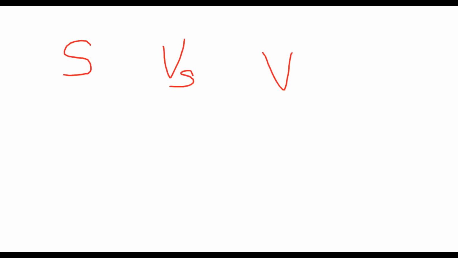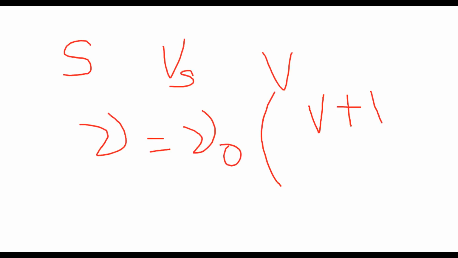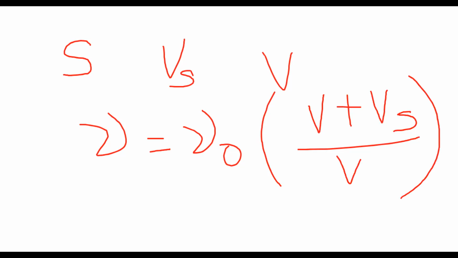And now, by the Doppler effect, if the source is approaching the observer, the Doppler shift nu is equal to nu 0 into V plus Vs by V. This is the Doppler shift in the case where the source is approaching the observer and the observer is stationary. Where nu 0 is the frequency of the wave when the source and observer are stationary. Hope you understand this. And the second case,